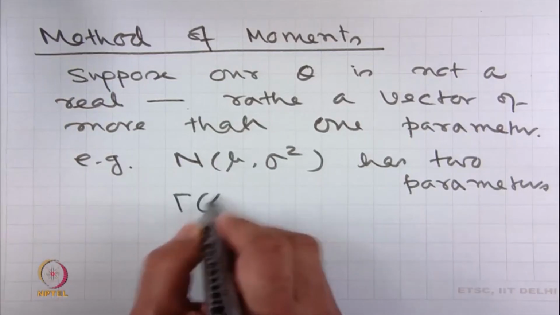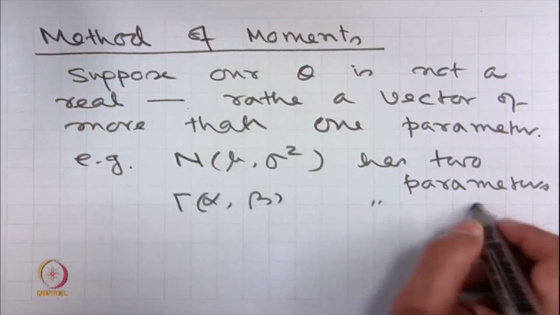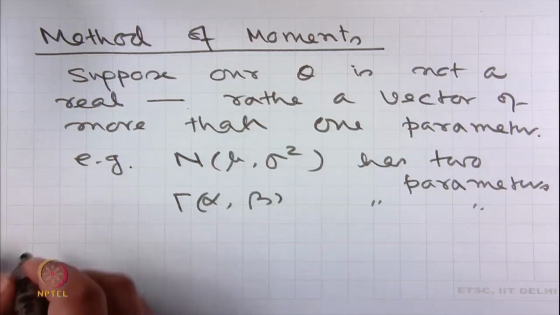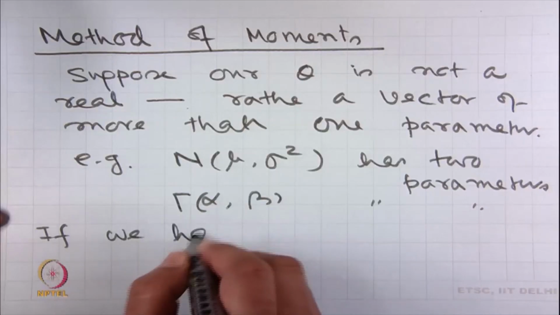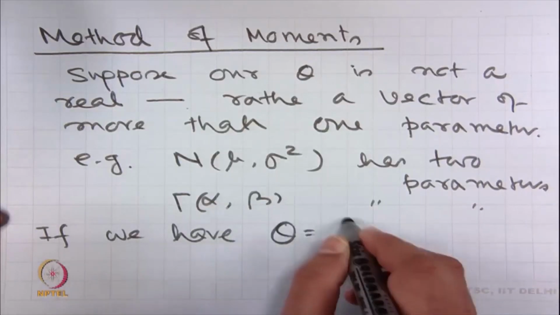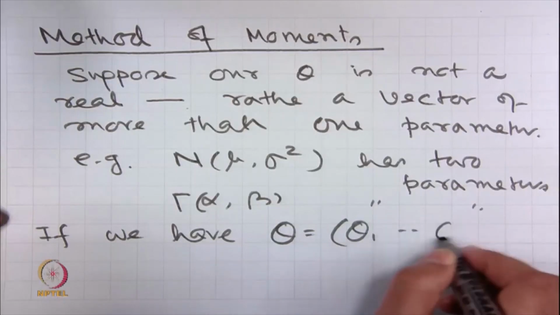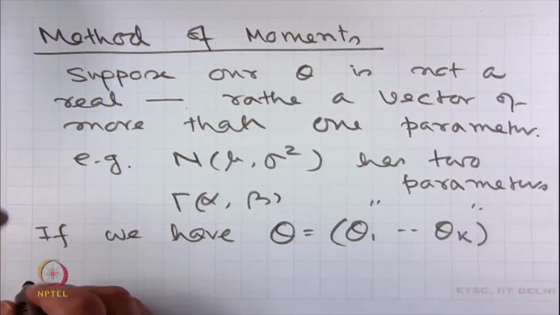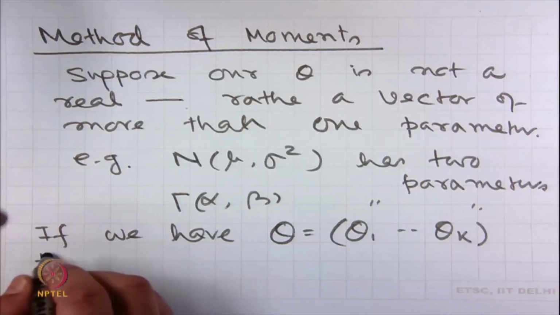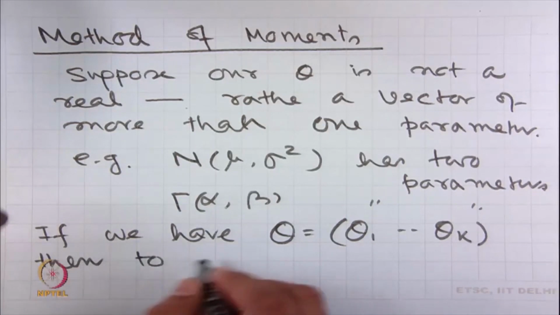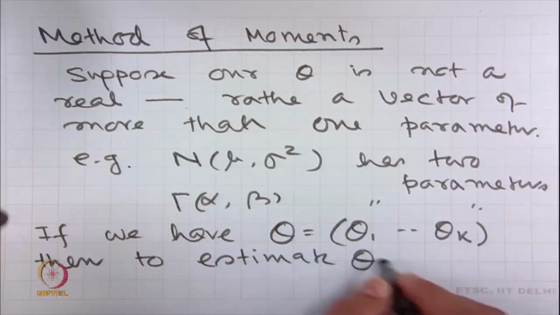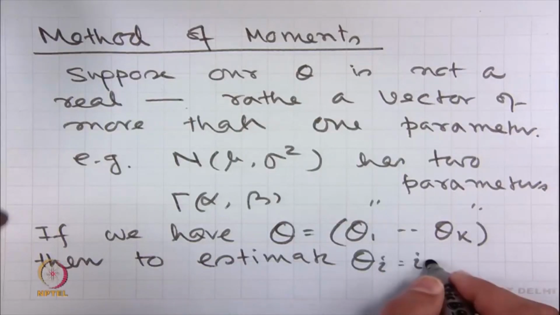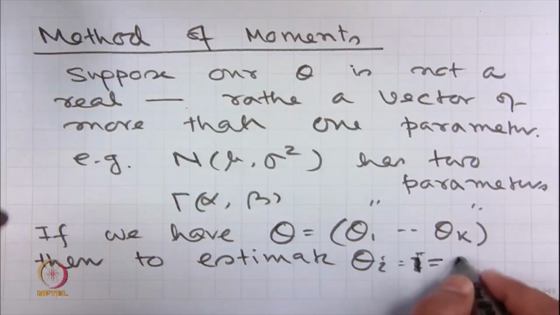Similarly, gamma (alpha, beta) has two parameters. So, if theta is a k-dimensional vector theta 1, theta 2, up to theta k, then to estimate theta i, i equal to 1 to k,